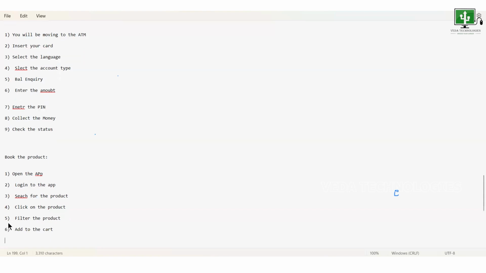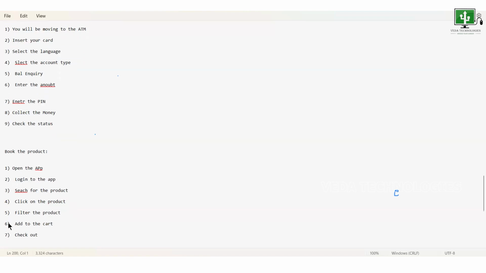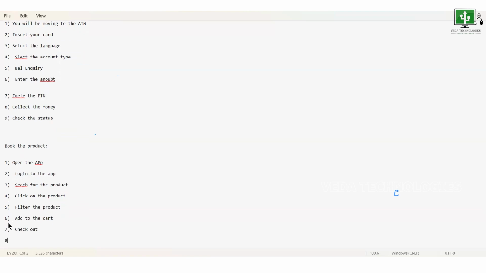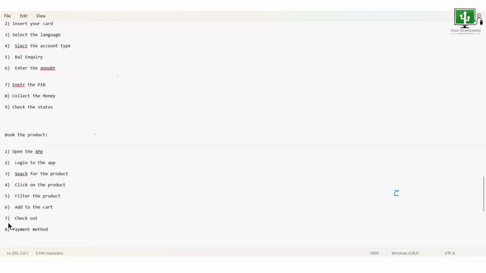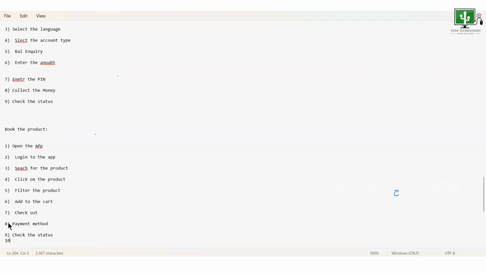Next, proceed to checkout. Next, payment method. Next, confirming the order. Check the status, whether the payment has failed or passed. Then finally, you will receive